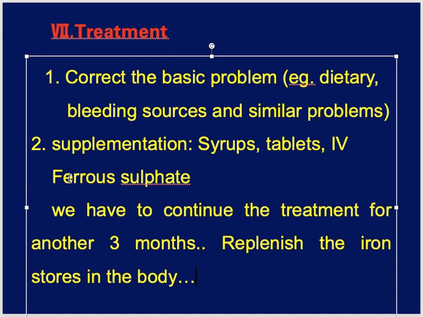If anyone, of course, cannot take oral tablets or cannot take syrups, then of course we can go for IV treatment as well. So normally it takes around 1 week for the reticulocyte count to start increasing. Okay, and the hemoglobin normalizes by 10 gram per liter per week. This is if there is no ongoing blood loss, this is the rate at which it corrects the level of iron in the body.